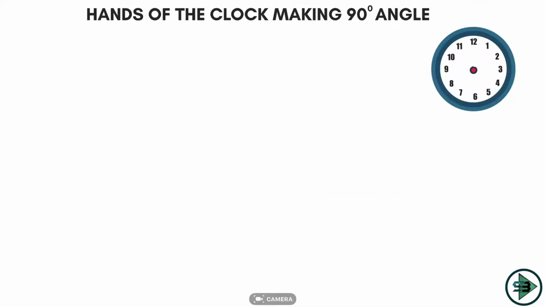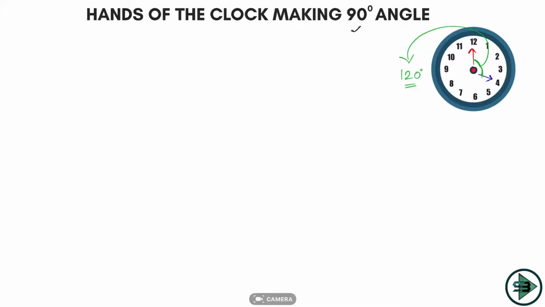After coincide, we come to a problem where the hands of the clock make an angle of 90 degrees. Okay, a 90 degree angle is being made by them. So what is the question that is being asked now? I'm telling you that it's 4 o'clock on the watch. So the hour hand is at 4 and the minute hand is here at 12. Just like the previous problem, again it is 4 o'clock here. So the angle between the two hands of the clock will be equal to 120 degrees. Quite a simple thing to understand here.